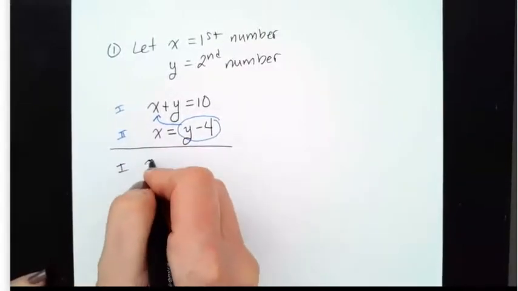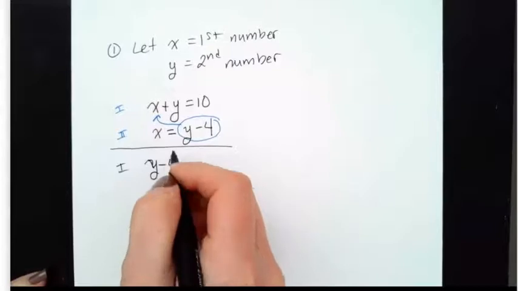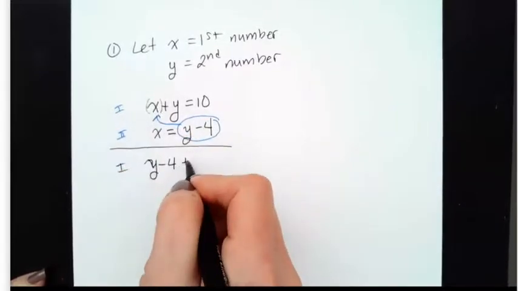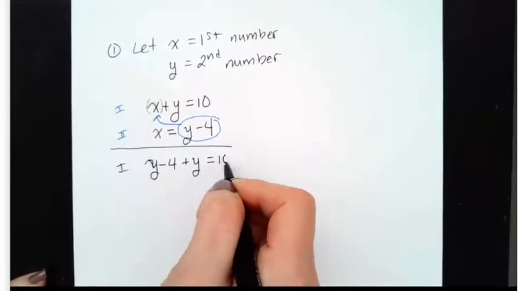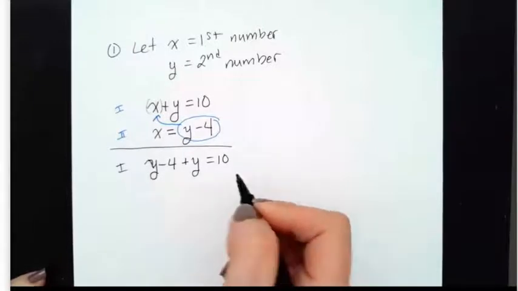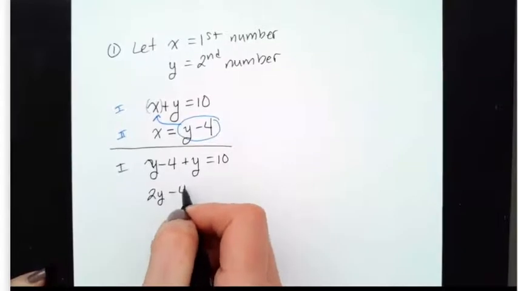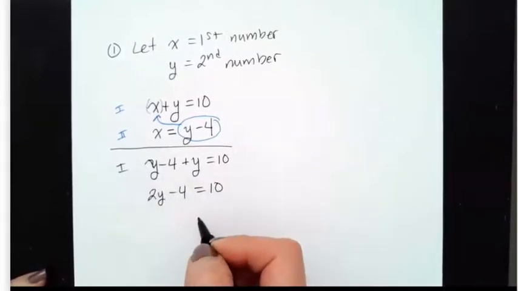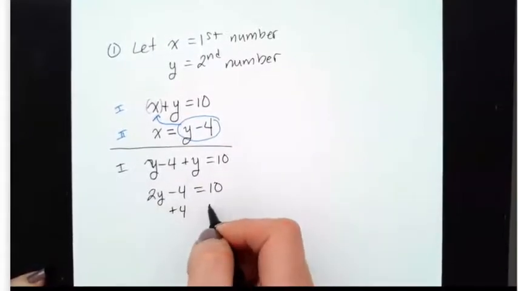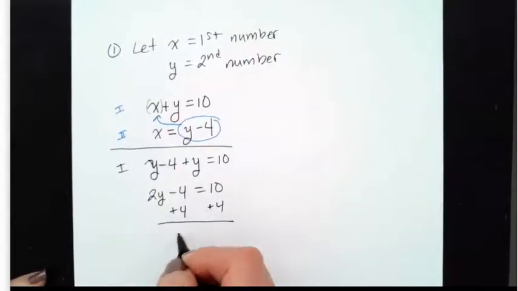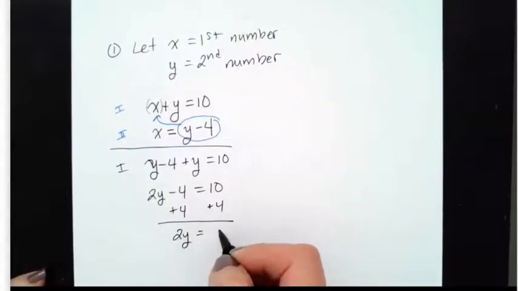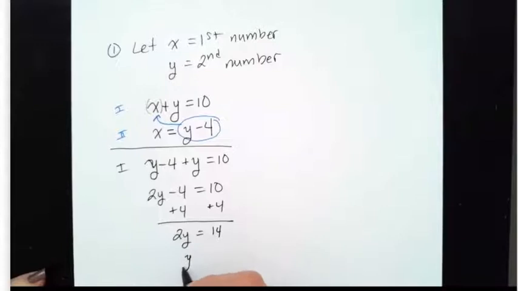So instead of x, I have y minus 4, and then plus y equals 10. So I'll solve this equation. y and y is 2y minus 4 equals 10, and then continue to solve for y. 2y equals 14,